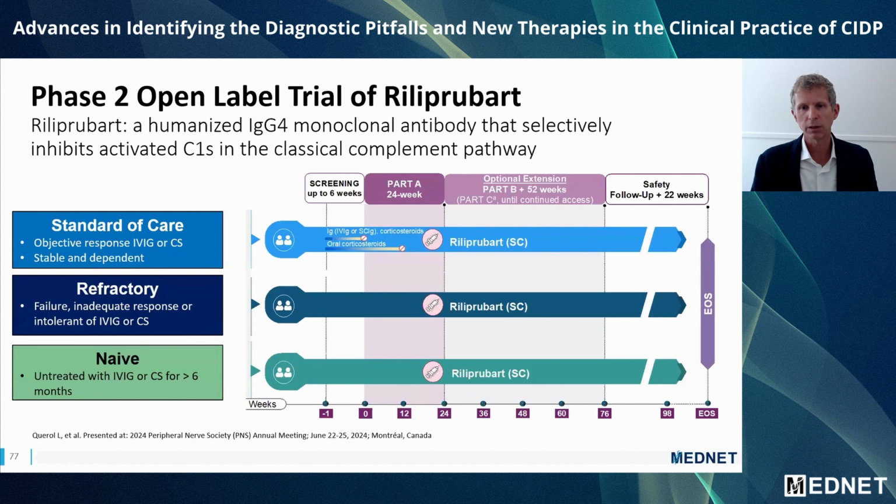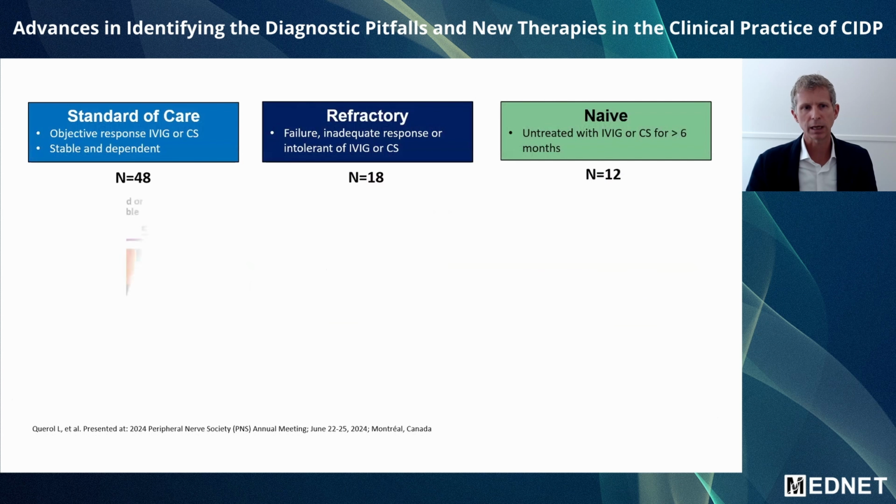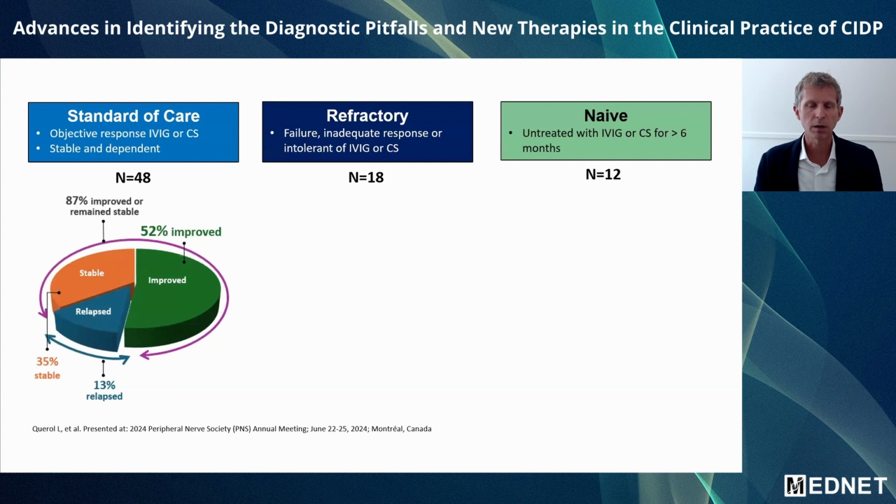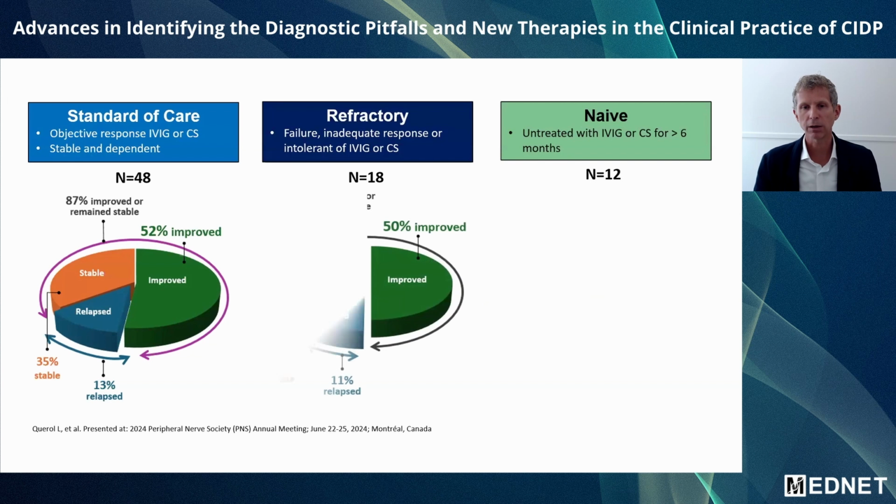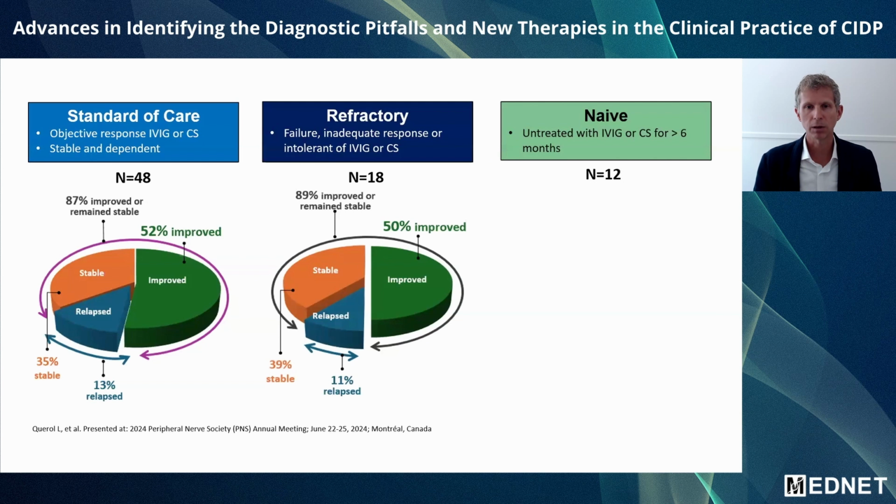Much of the enthusiasm for these drugs comes from this open label trial of riliprubart, where patients that were on standard of care, or refractory, or naive were put on riliprubart. The results showed that patients on standard of care had a stability rate of almost 90%. And even more notable was that about half of those patients, 52%, had improvements above where they were on their standard of care. The patients that were considered to be refractory also had similar results, with 50% improved, where previously they were thought to be